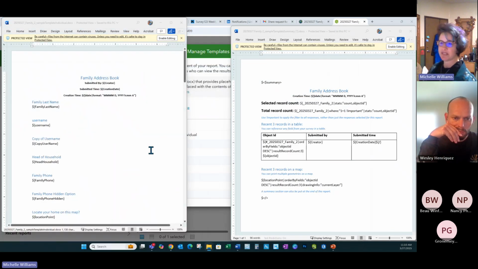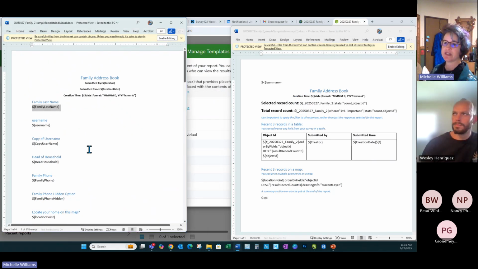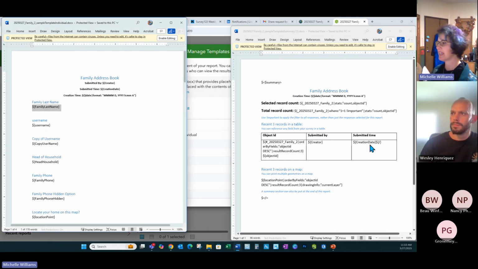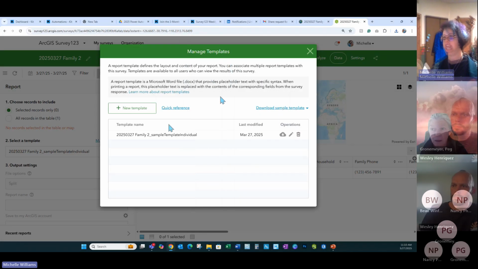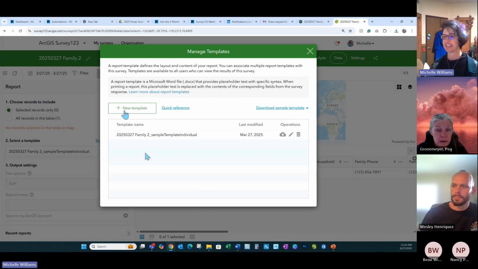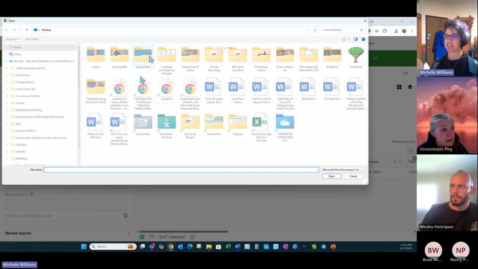So they have the same look and feel. You're still going to use the dollar sign and the curly brackets over here. It gets a little bit more fancy right here where the hashtags are. But the great thing is all you have to do is upload this, or actually all you have to do is run it. You'll notice that that one didn't populate here. So if we wanted to see what that summary looked like,